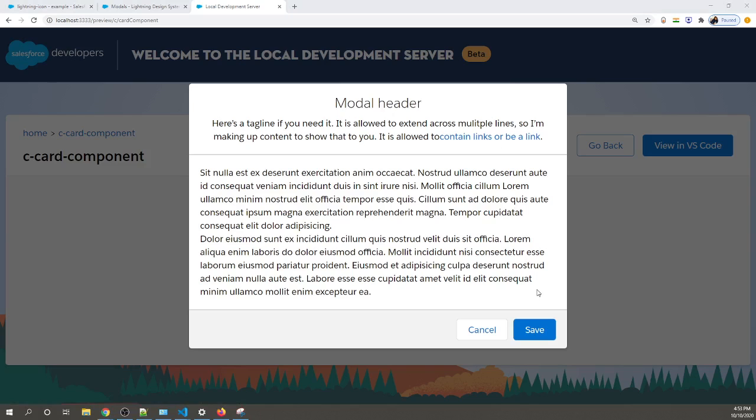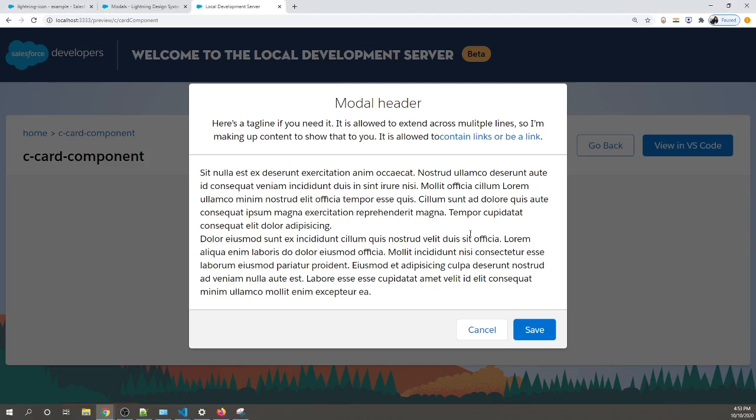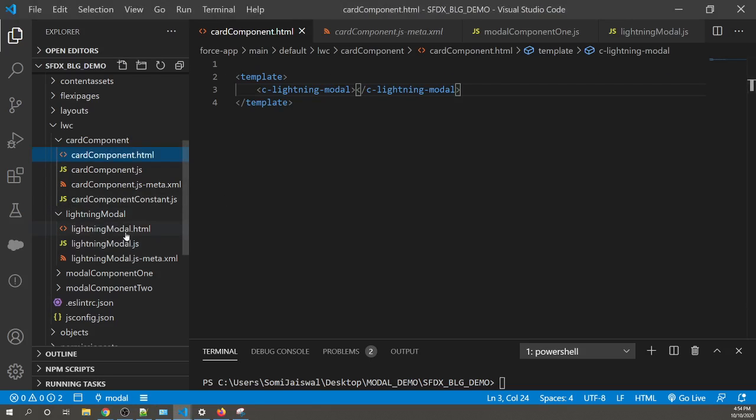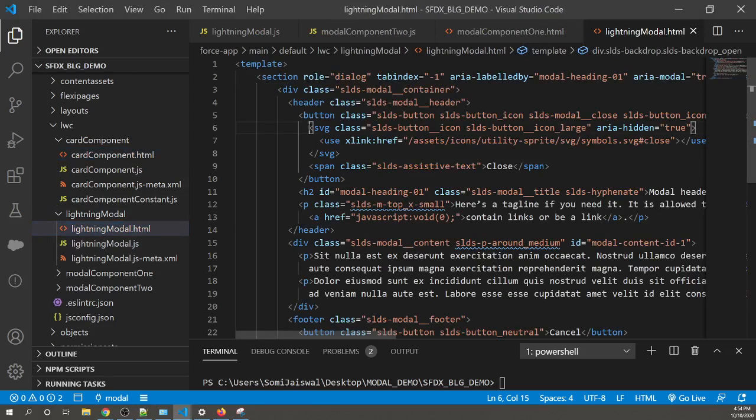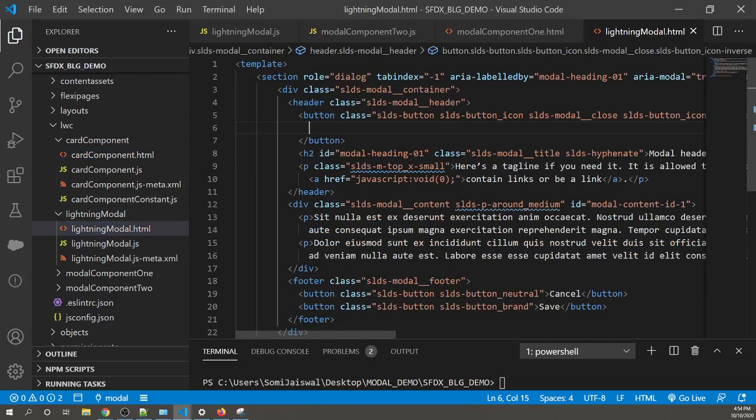I'll go back to the slide and see what I'm looking for. I'm looking for a delete opportunity as a heading. I'm looking for an are you sure you want to delete something body, two buttons and the cross icon. So I'm already getting the header, I'm getting the body, I'm getting the buttons, but not the icon. And to get the icon, because in the code that we have copied, they are using SVG icons that are not available to us. So I'll just remove this as it is, and I'll start thinking, okay, from where I